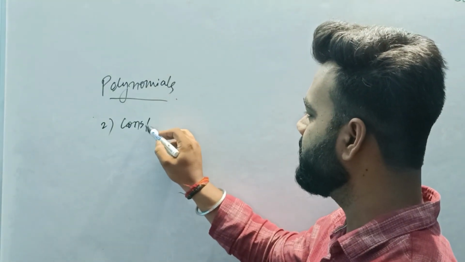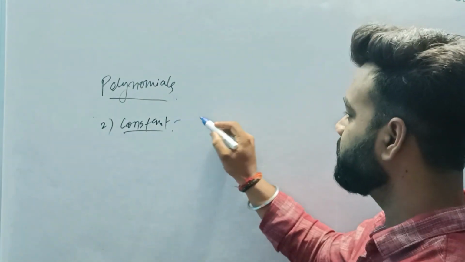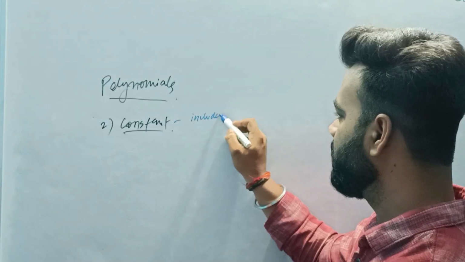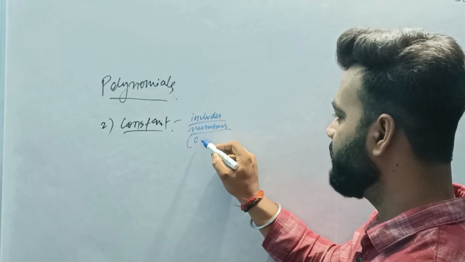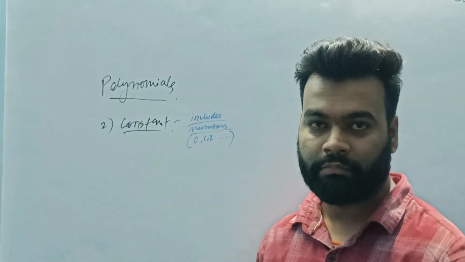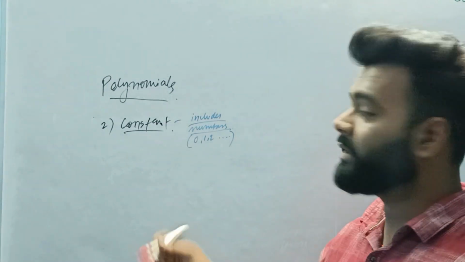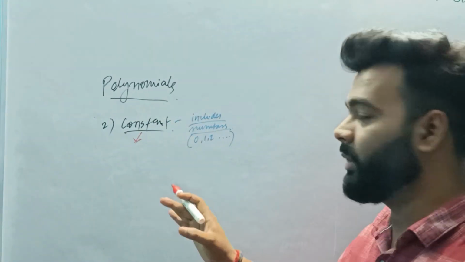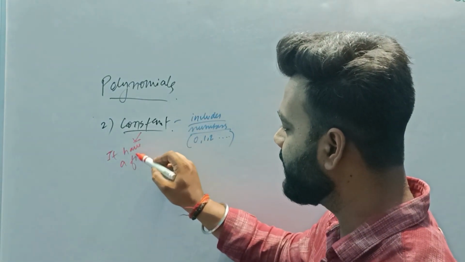I hope you understand. Now the second term which you should know is a constant. What does constant include? Constant includes numbers, starting from 0, 1, 2 and so on, because numbers never end. But what does constant mean? Constant means the opposite of variable. Here constant means that it has a fixed value,